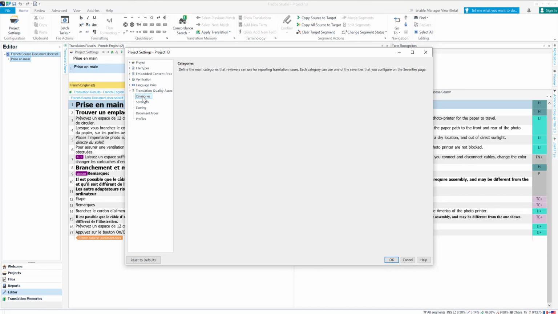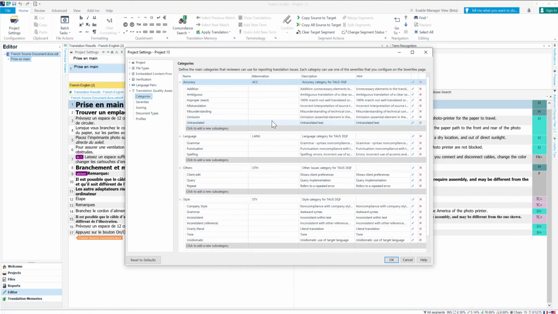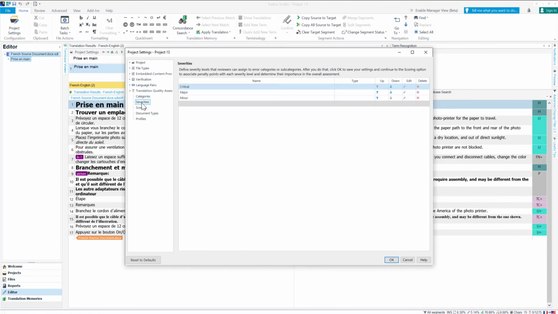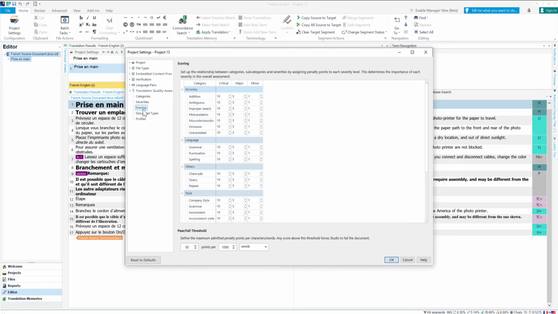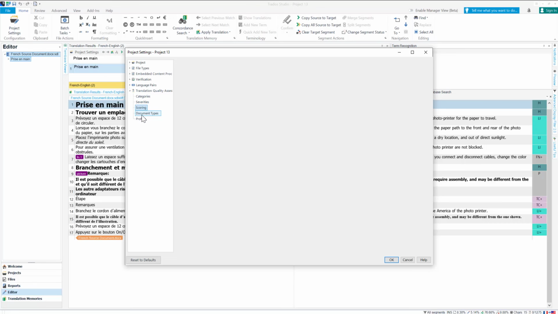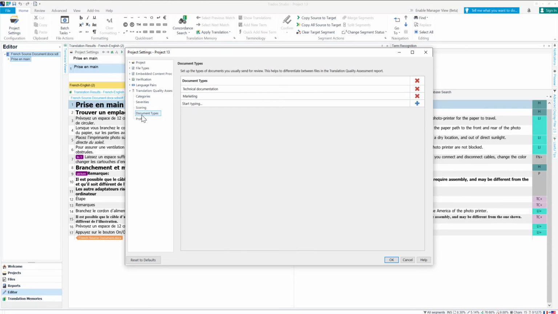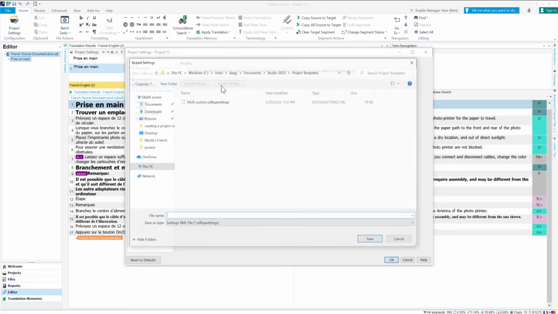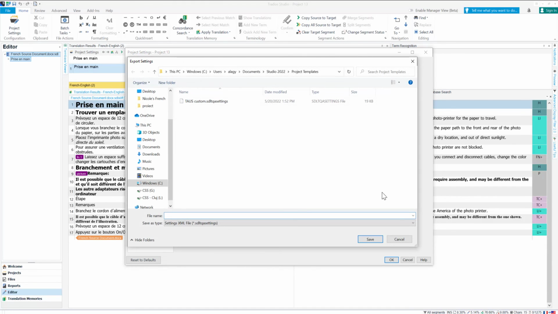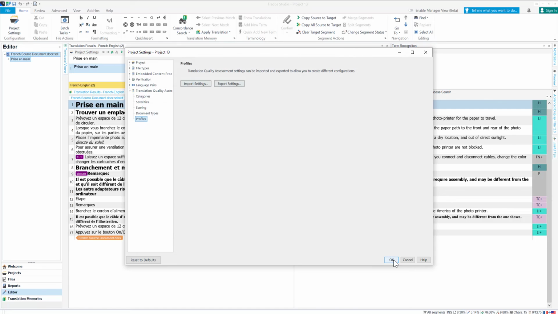Now I can see the categories in the settings that have been imported, each of which I can edit or remove, and I can also add new categories of my own. The same applies to the severity scores and document types. Once I reconfigure the settings, I can export them as a new settings file.